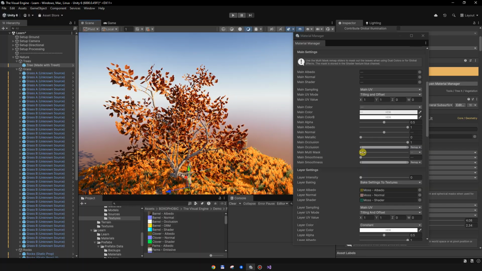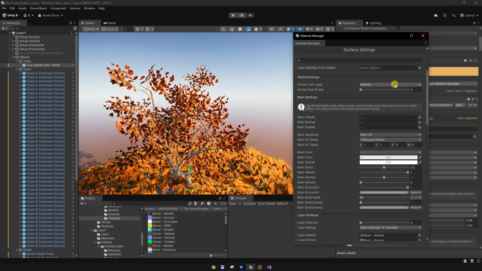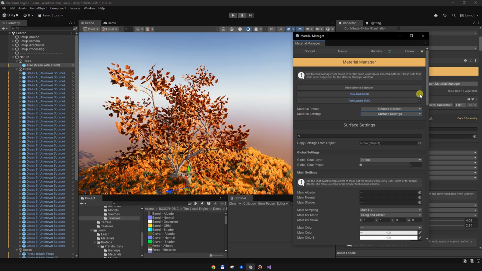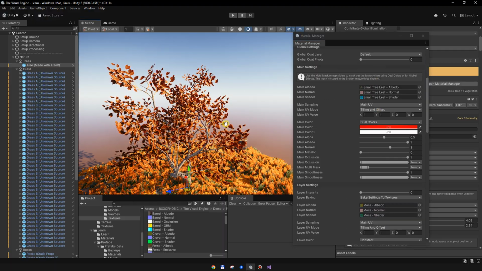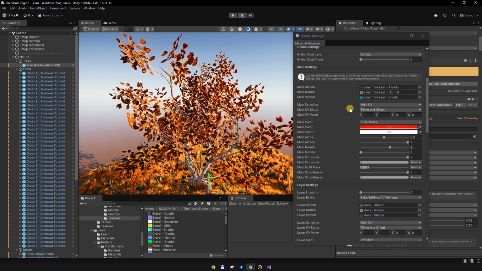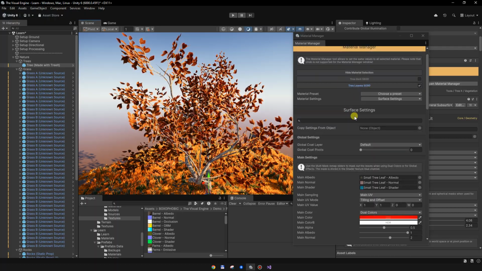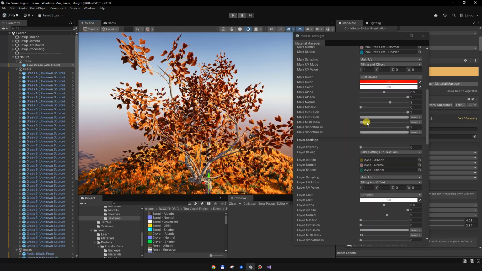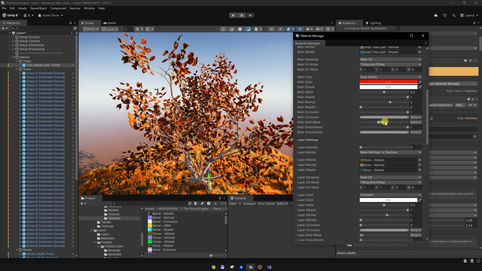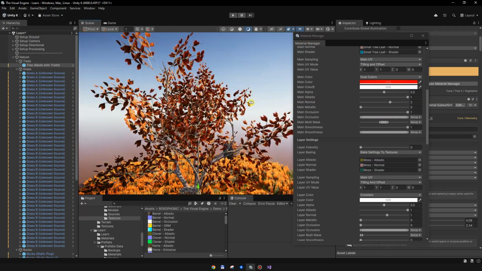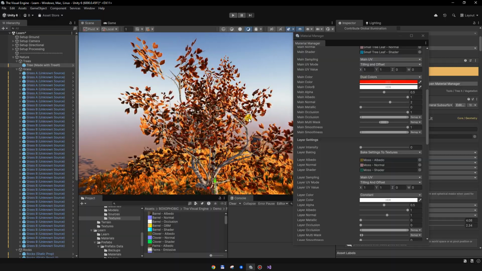Where is the multi-mask? I will deselect this bark, and now I only see the settings for the leaves, and I will remap this multi-mask a bit so the branches are not affected by this coloring. All right,